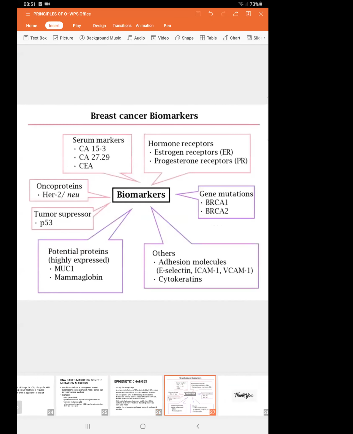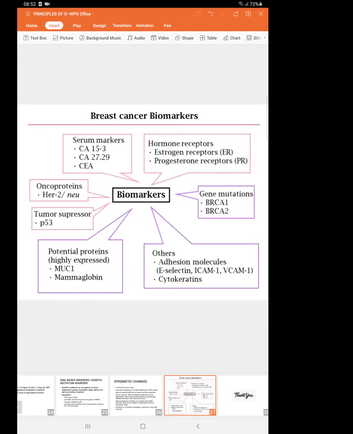This slide shows how, for example, in carcinoma breast, various tumor markers can help in the diagnosis. The known tumor markers are the hormone receptor markers, which are ER and PR, and oncoprotein markers like HER2/neu. ER/PR positivity is associated with luminal A, which has a good prognosis. HER2/neu positivity means Herceptin sensitivity, so Herceptin can be used, and it also has a good prognosis, although luminal A has a much better